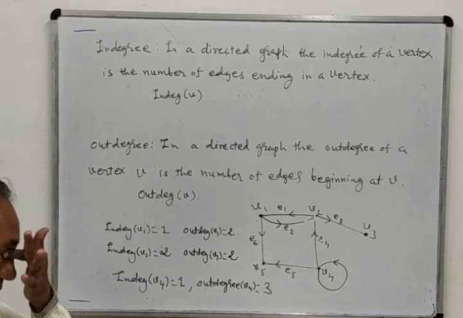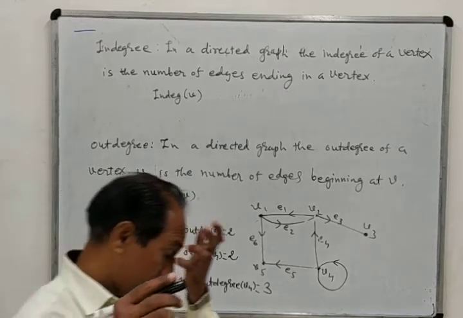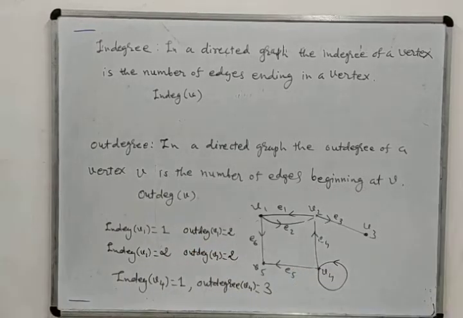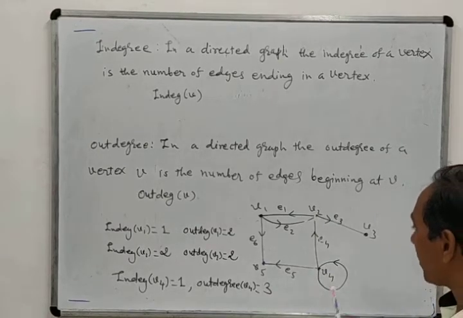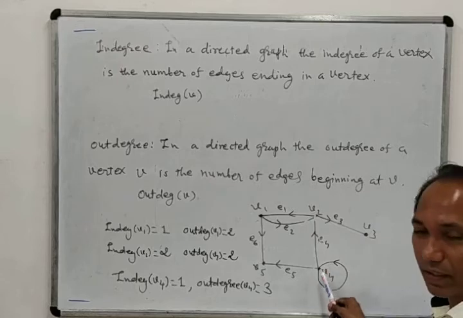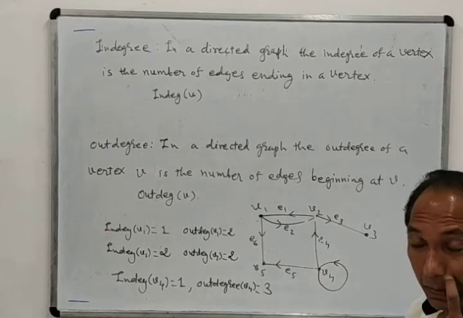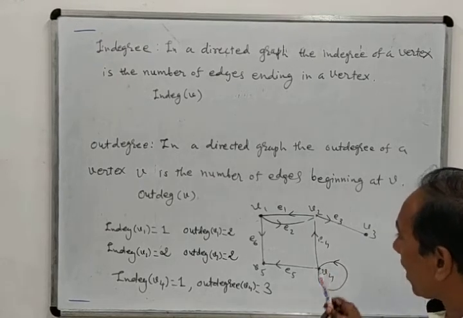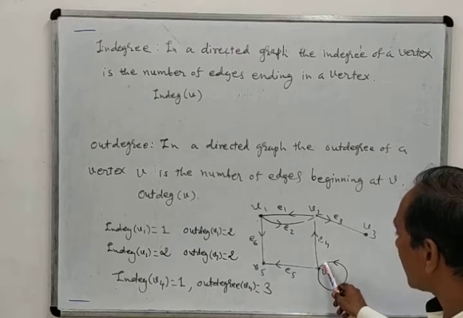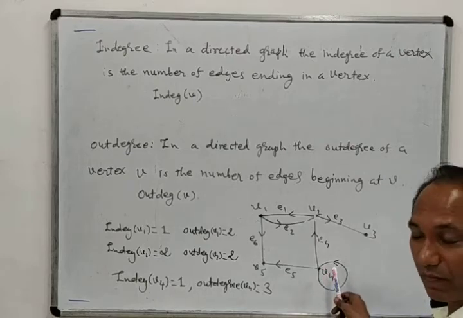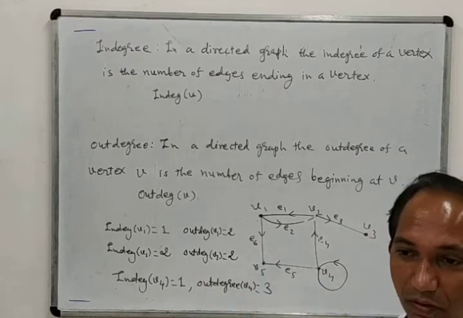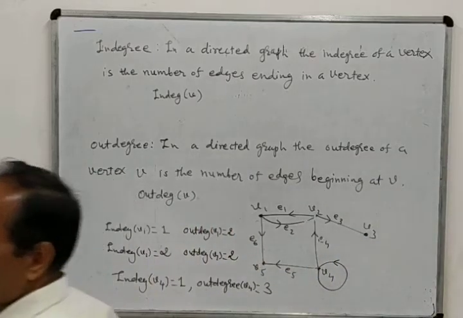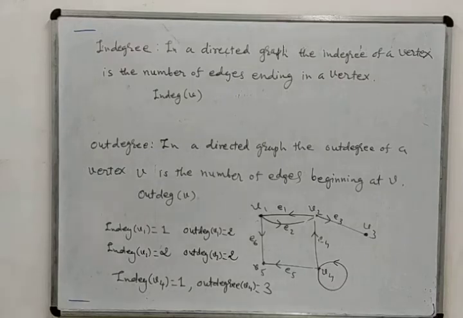Here you note that in the starting lectures we saw that in counting the degree of a vertex, we were considering a self loop as 2 degree. Here in in degree and out degree, we are also considering a self loop as 2 degree, no doubt. But 1 degree is allocated to in degree and 1 degree is allocated to out degree. So the same self loop we can consider as leaving and incoming.